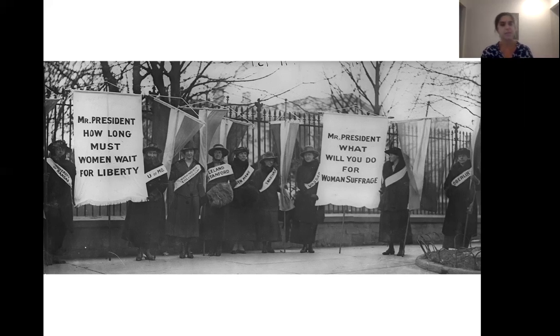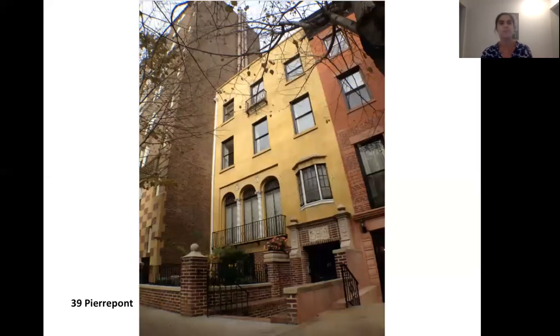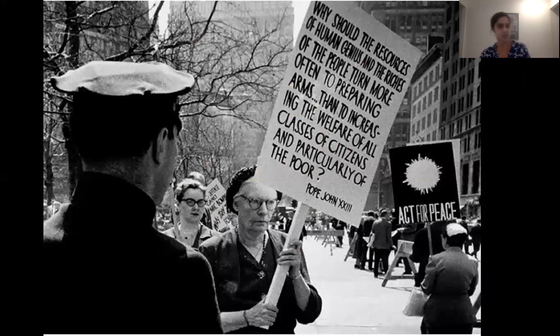But the idea of women on the march who were here and who kept going, what I want to say is that there were other women in Brooklyn Heights who were part of this story. So this is the last home of Lucy Burns at 39 Pierpont Street. She would retire to Brooklyn Heights. But the first home of Dorothy Day, who was also jailed in 1917 at the Silent Sentinel marches, and went on to found the